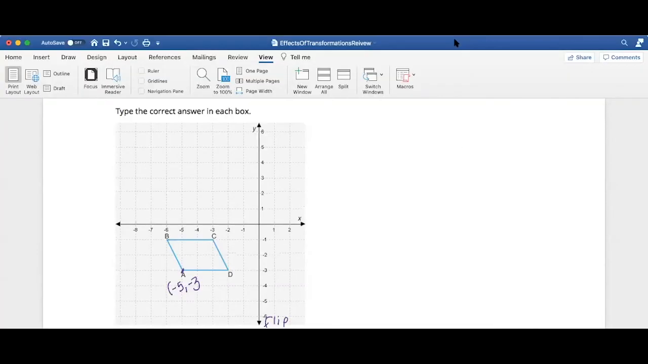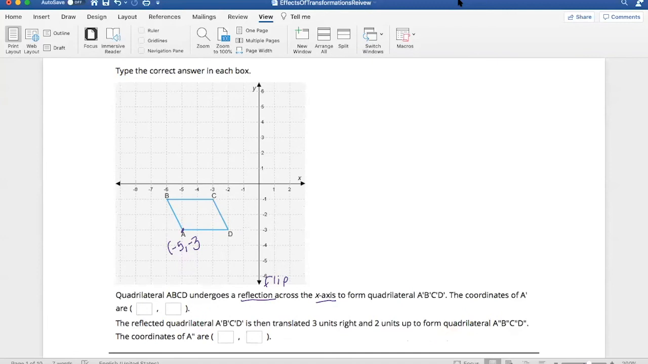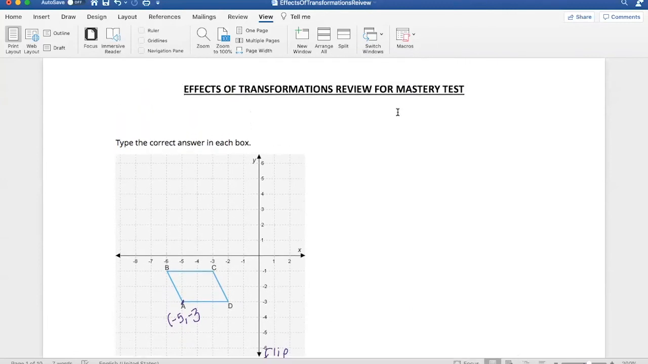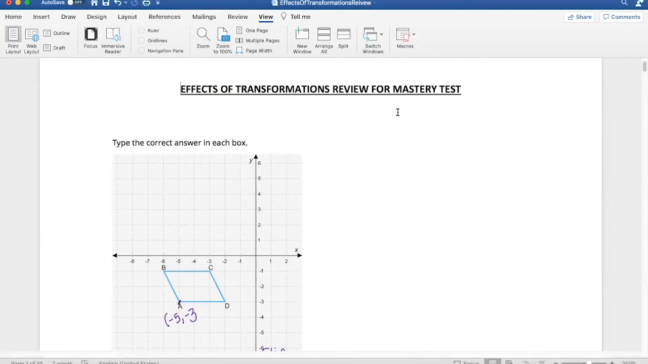Okay, today we're going to be doing a review on the effects of transformations. So how does that affect our shape and our points when we do the different transformations that we've learned about? So we're going to take a look at a few problems. These will be similar to problems that are on your mastery test, so feel free to refer back to them